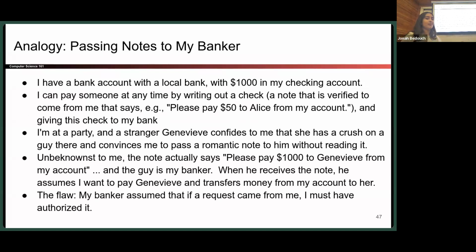Here's an example, a big analogy. Let's say that I have $1,000 in my bank account. If I want to pay somebody money, I can do this by writing them a check. So let's say I write a check to pay Alice $50. That means I want to send Alice $50. Now let's say I'm hanging out at a party, and this stranger named Genevieve comes up to me and asks me to pass a love note to somebody. They're like, oh, don't read it, but can you send it to Bill, right? So I'm like, okay, out of respect for Genevieve, I'm going to send this note to Bill, but I'm not going to read it, to respect her privacy. But if that note is actually a check that says, go give Genevieve $1,000, and I give it to my banker, who might be Bill,